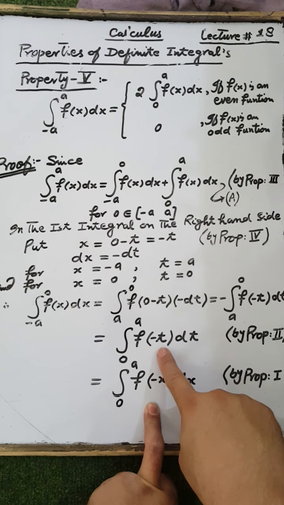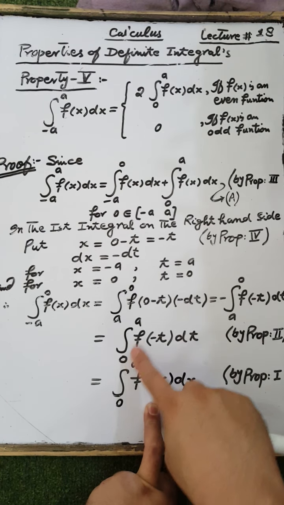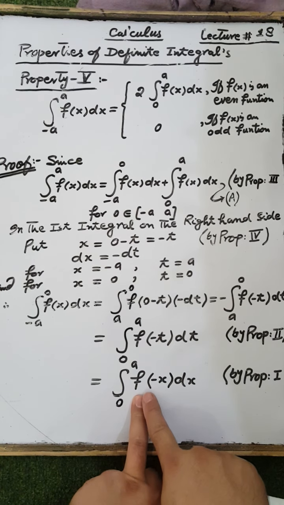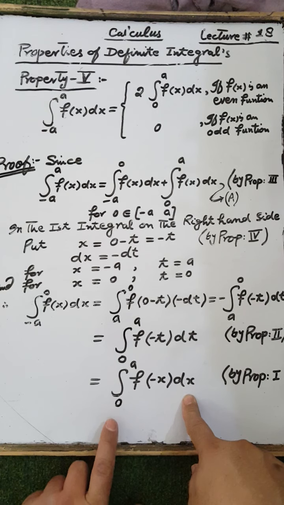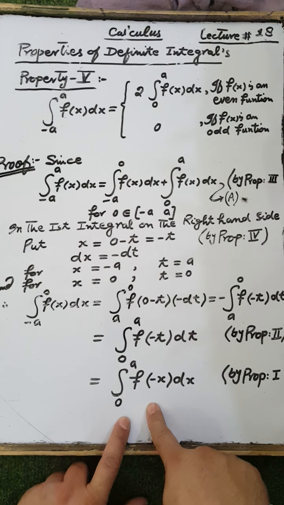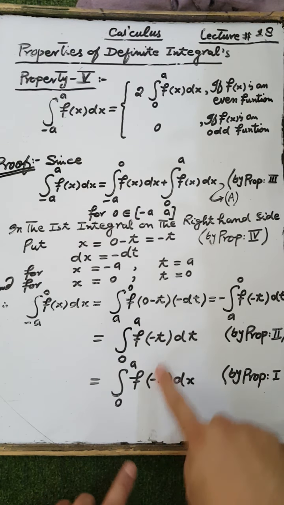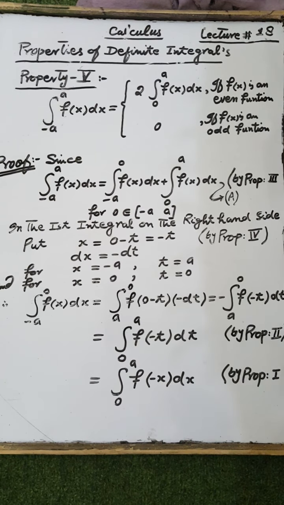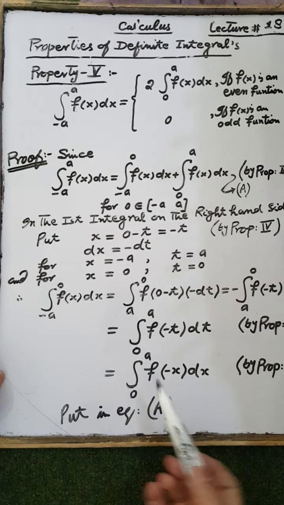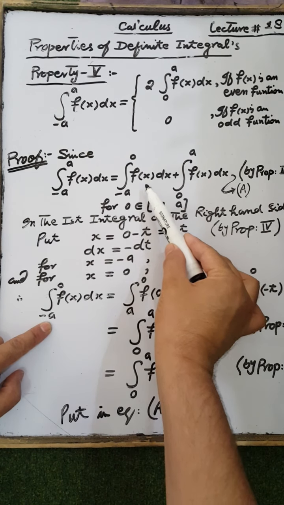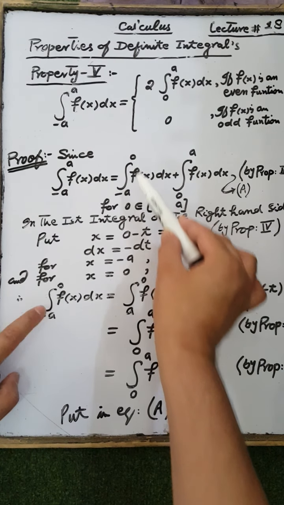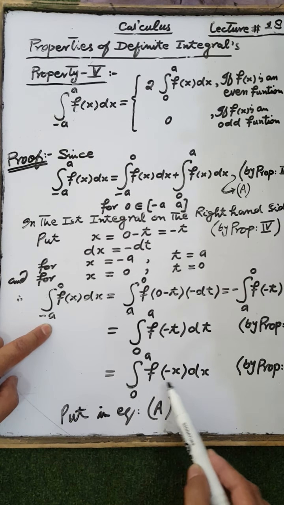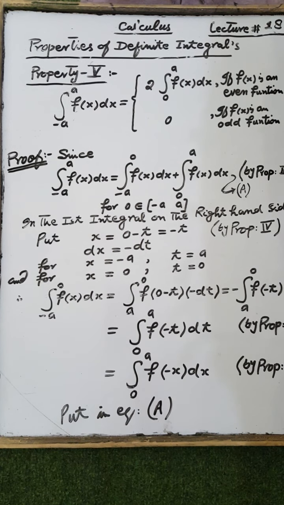Change the upper and lower limit, f(minus t) dt, and according to the property number 2, the result of the integration of f(minus t) dt on the interval 0 to a, and the result of the integration of f(minus x) dx from the interval 0 to a, remain the same. That is, if we change the variable, the result of integration on the given interval will remain the same. Put this result in equation number a. Replace the integration of f(x) dx from minus a to 0 by the integral from 0 to a of f(minus x) dx. We have,